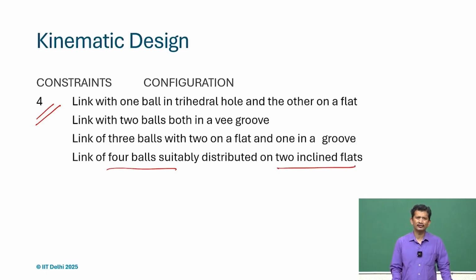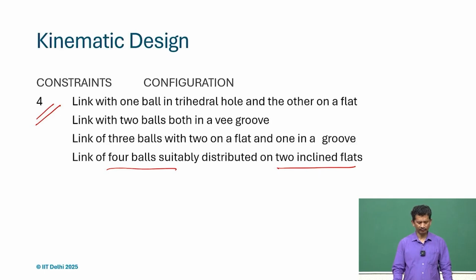I think this is something we have to check, what are the other options, whether we can have 4 ball contact on a flat surface, and if not, why. So, the moment we start defining more contacts, sometimes it is difficult to visualize, and that is why it is important to understand